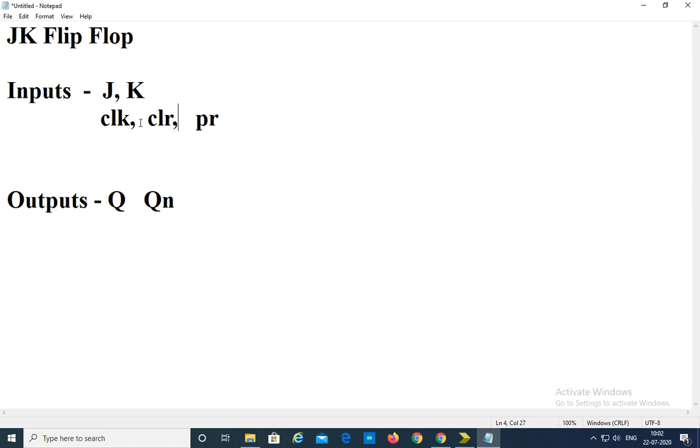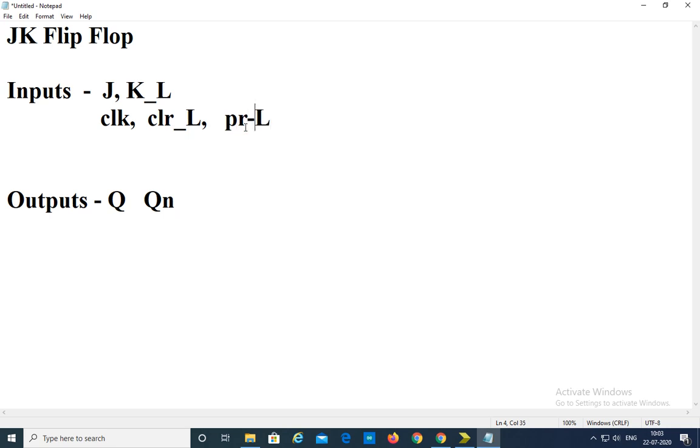Inputs are J and K, outputs are Q and Qn, but along with J and K inputs we are taking clock, clear and preset for the flip-flop operation. So here K is the active low input, clear is the active low input, and preset is the active low input we are taking.